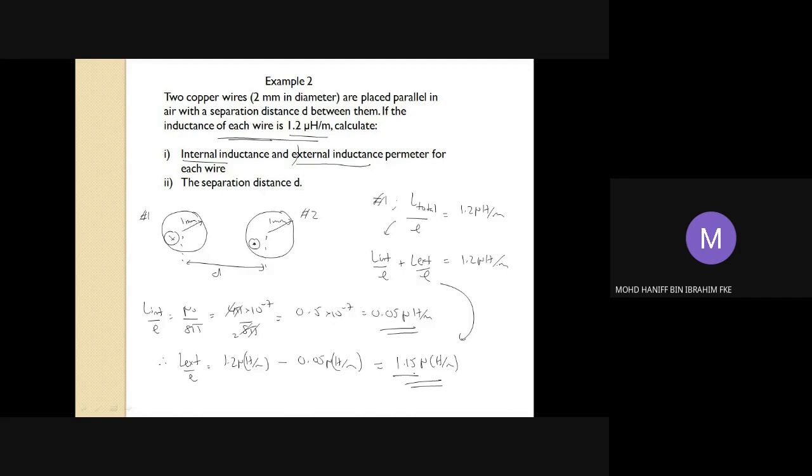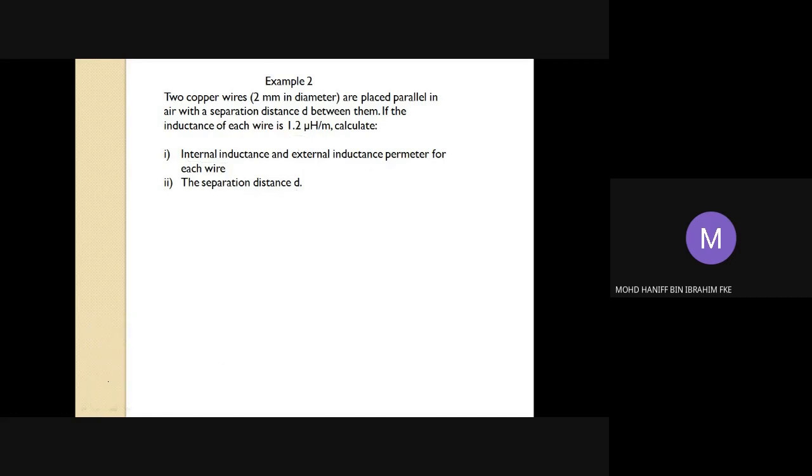Then question number 2 is to calculate the separation distance D between the two conductors. This can also be answered based on the equation from the previous example number 1. We have learned just now that the L external per unit length is equal to 1.15 microhenry per meter. And we have seen before that the equation for the L external per length for each wire, for one wire, should be equal to,